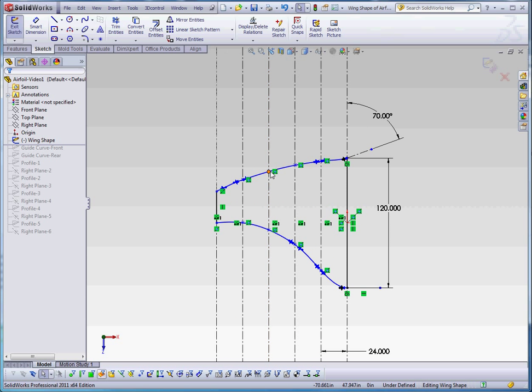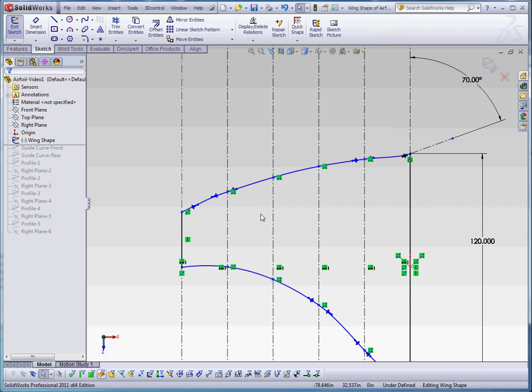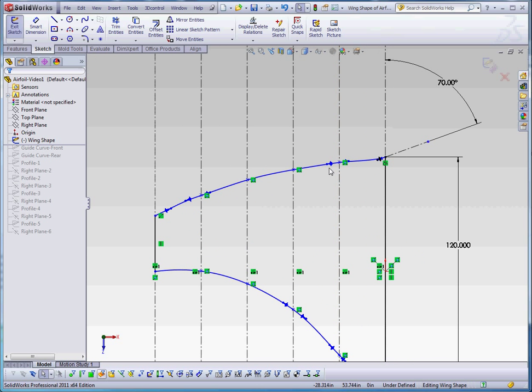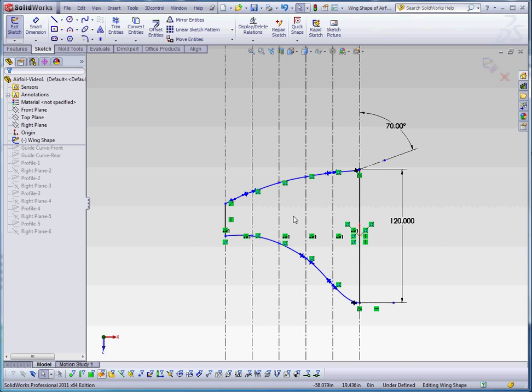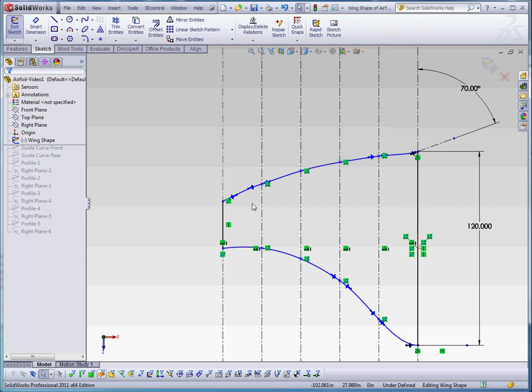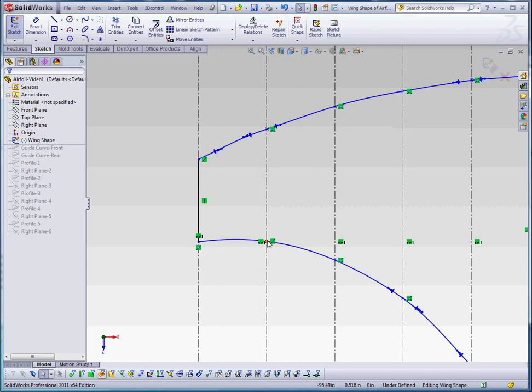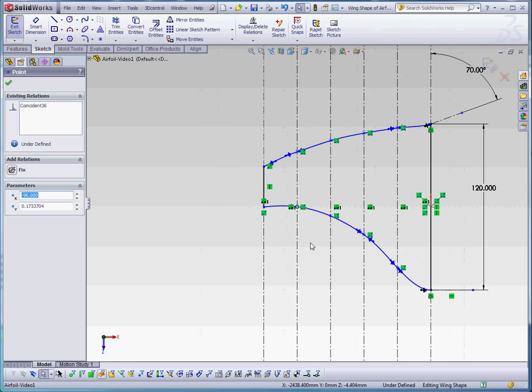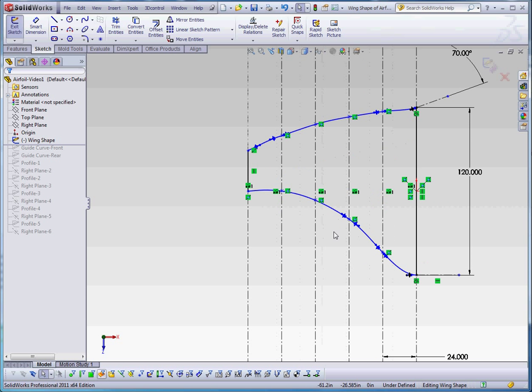You notice that there's some various geometry in here. We have splines which are underdefined. The nice thing about this is we can take these splines and continue to manage them and manipulate them by moving them around a little bit. That's part of another video, but there are some manipulation and modification techniques that you can use with splines in regard to each one of these points. Each one of these points comes with some control features that allow you to manipulate that point's influence